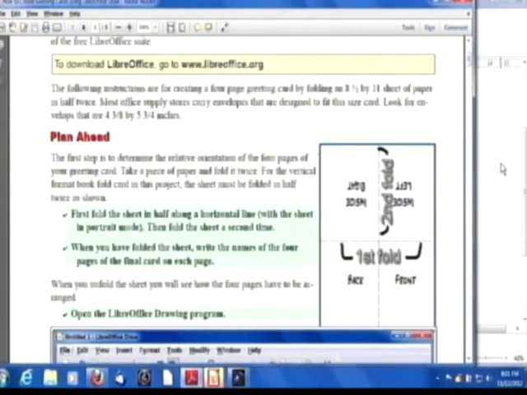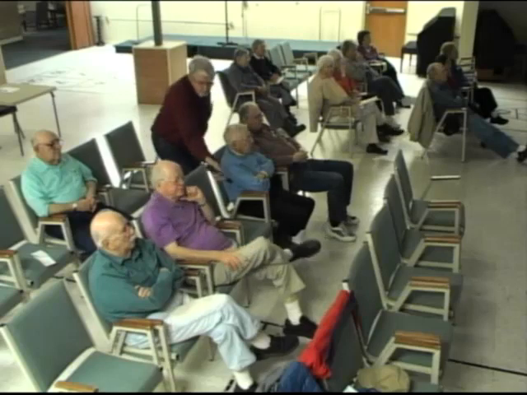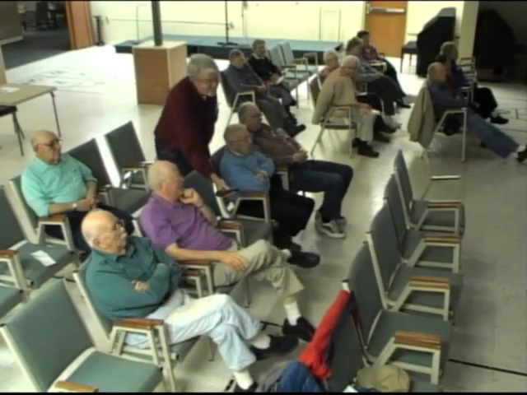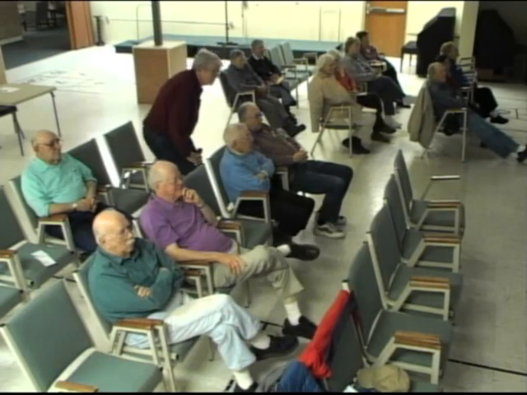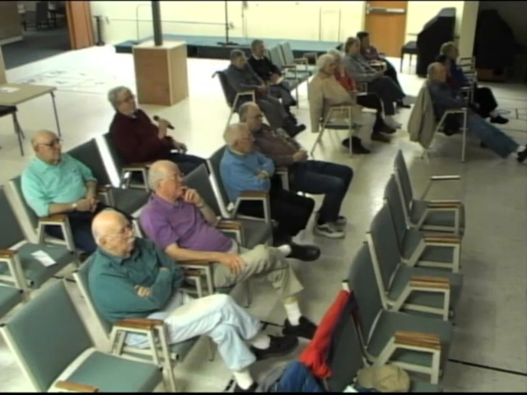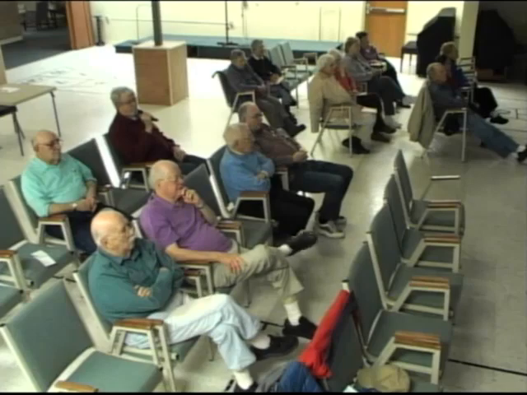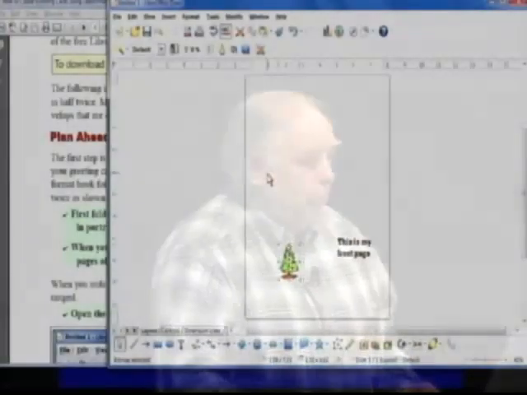Can you turn this upside down now that... Well, glad you asked that question. I wouldn't want to turn the Christmas tree upside down because the back of the card is right side up in this view. But the left inside part of the card is upside down when I unfold it, as is the inside right. The inside right is usually where I write my little poem or give my little greeting or whatever. So let's see how we can put some text there and make it be right side up when you